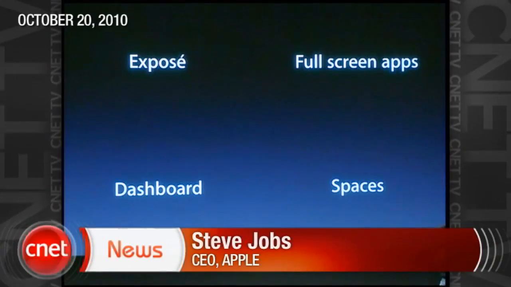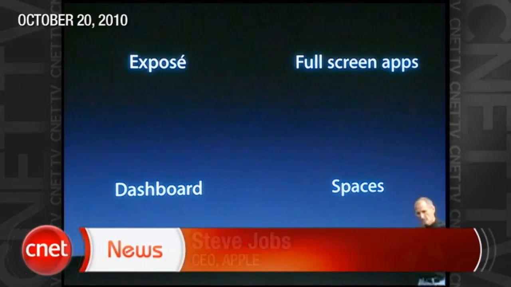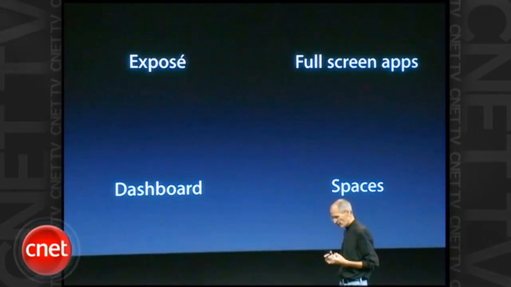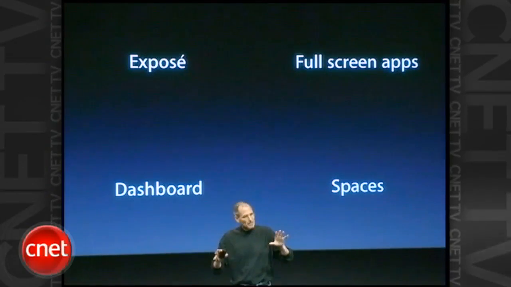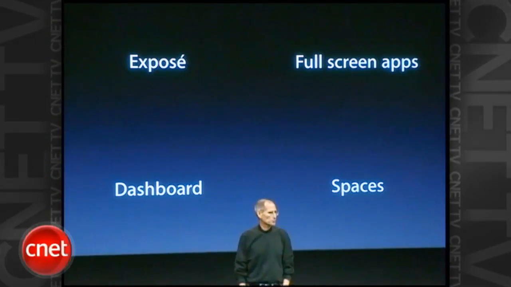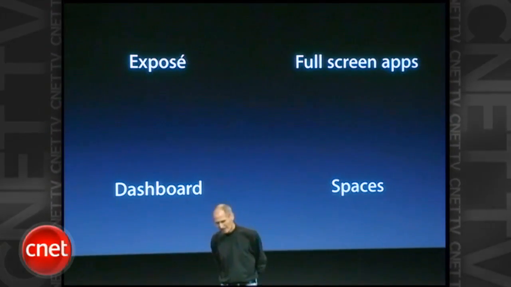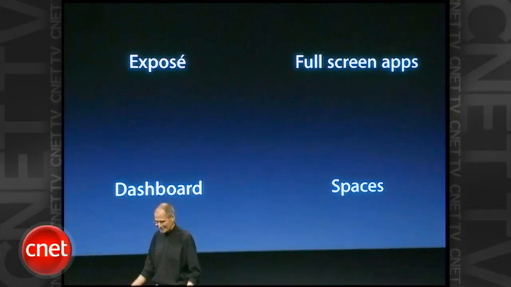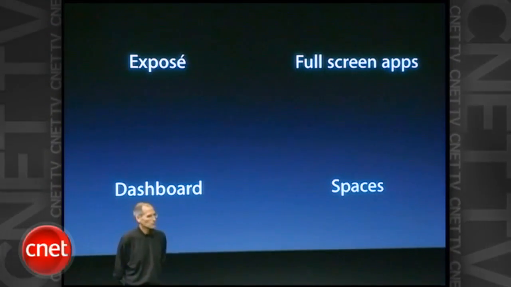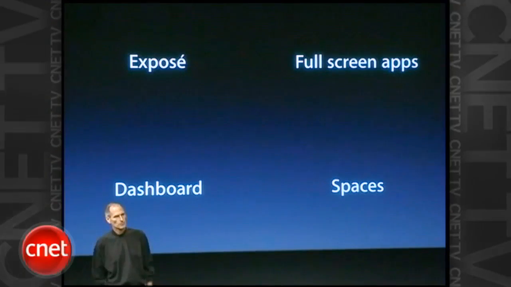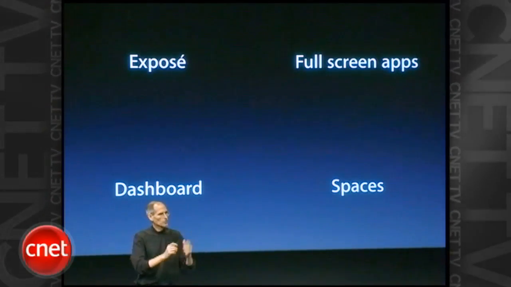We have these 4 cool inventions, or things we do in Mac OS X. Expose, a great way to find your windows and do window management when you have lots of windows open. Dashboard, a great way to get to widgets instantly. Full screen apps, which we've talked about, and spaces if you want to create more than one workspace and move